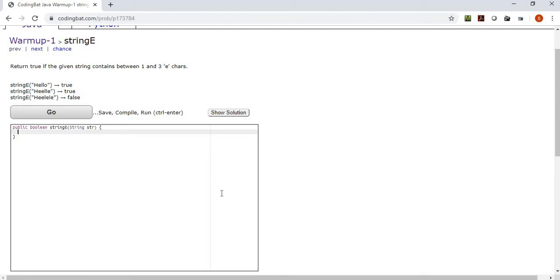And here is string E. Return true if the given string contains between 1 and 3 E characters. So we're going to count these characters. Now we need between 1 and 3. So if we have, for example, 4 E characters, it's not between 1 and 3. So we're not allowed to return true as soon as we encounter 1 E, because we could go beyond the